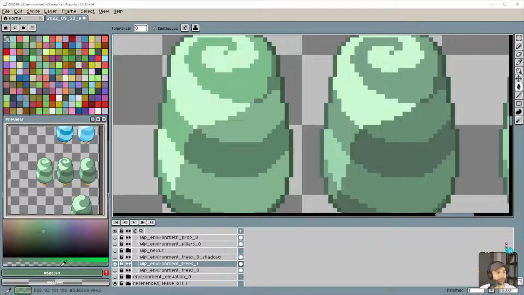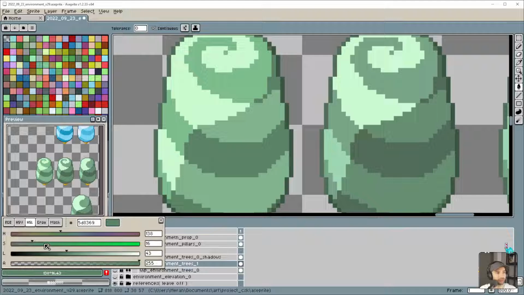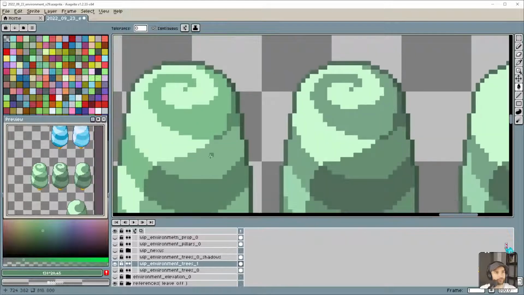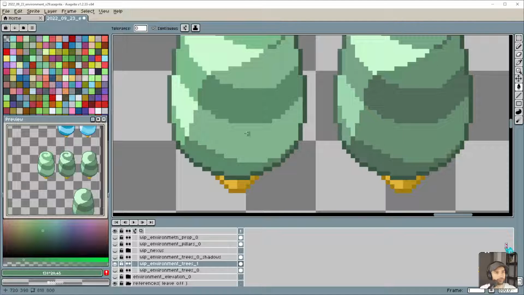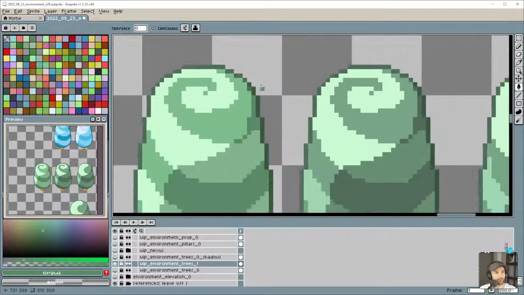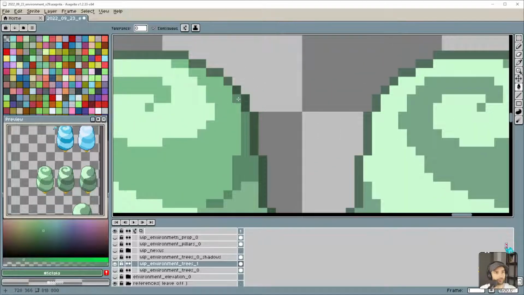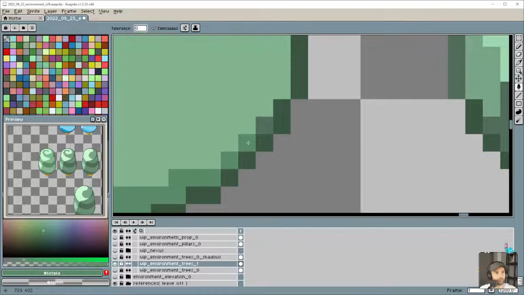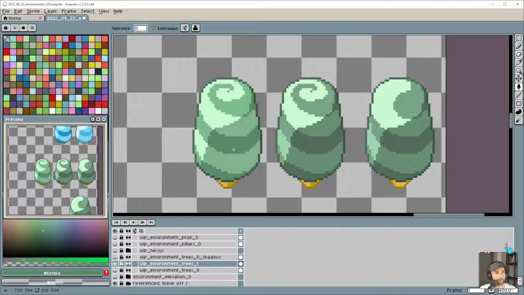But I feel like this should be a slightly different tint. Yeah, kinda.